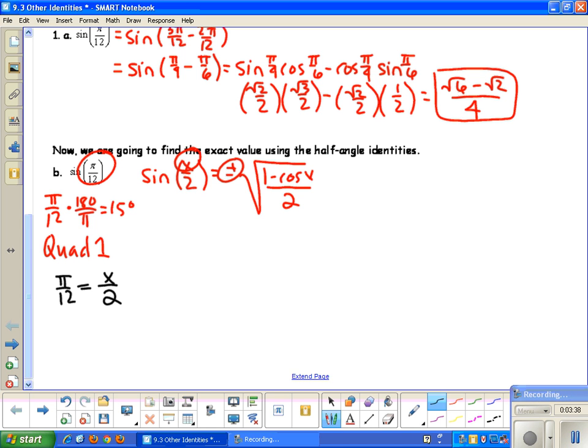So how do I solve? I multiply both sides by 2. And when I do that, 2 pi divided by 12 gives me pi over 6 is equal to my x value. Now the reason this is nice when you're doing your half angle identities is because notice that pi over 6 is something that is on my unit circle. So that's why we use this half angle identity, and we figure out, well, what divided by 2 would give